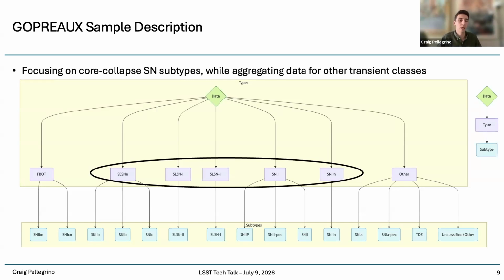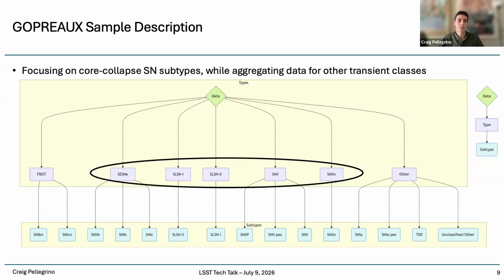These are circled in black on this plot, and these consist of things like type 2, stripped envelope, superluminous, and type 2n supernovae. These all come from massive stars that were born with something like greater than 8 times the mass of the sun. We also have data for these